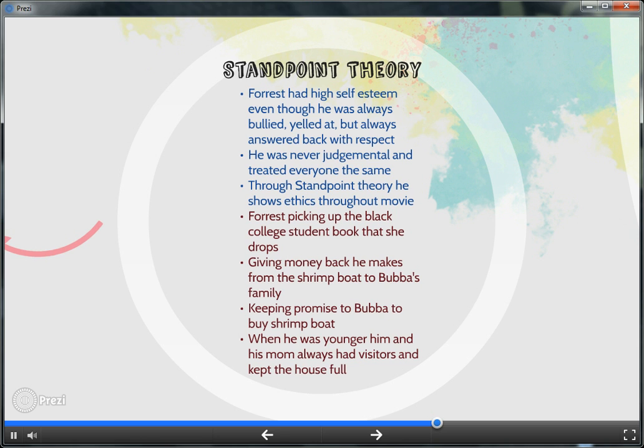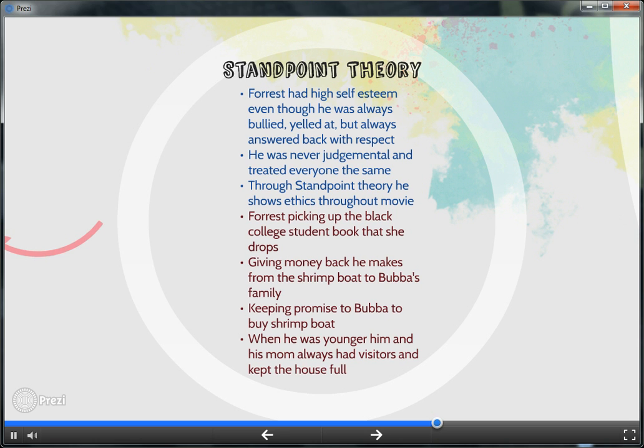The two clips to your right. The first clip is where he attends an all-white college, and the college is accepting the first African American students. The community is against it, but it doesn't matter to Forrest. He even picks up a book that a black student drops on her way into the college. He was the only one that would have done this in front of all the white people against black students